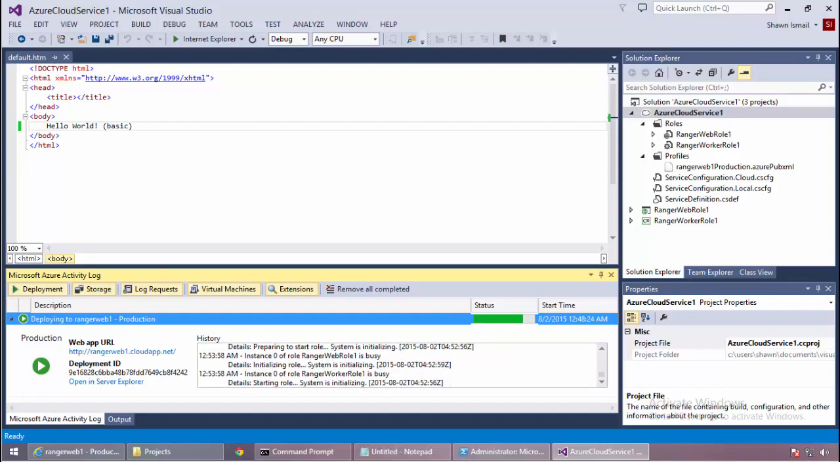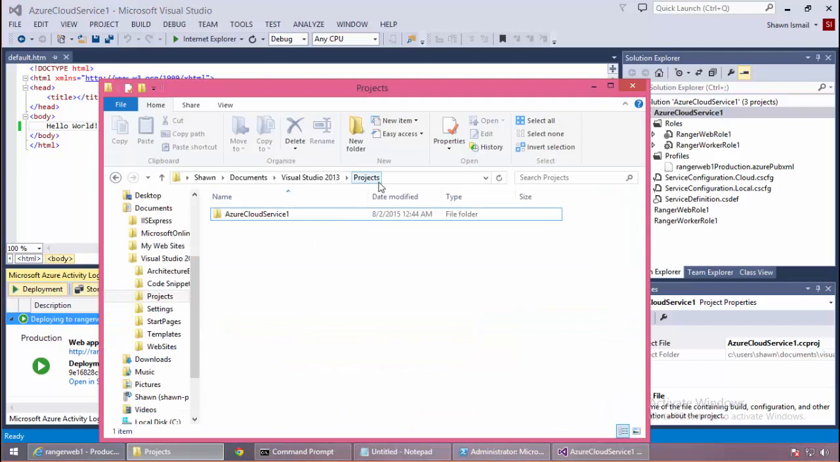Well, it is still deploying; the system is initializing right now. But what I want to talk about is the actual deployment package file, while this happens in the backend. So let's go to the projects folder. This is where my Visual Studio projects are located. Your projects might be wherever you chose when you installed Visual Studio,